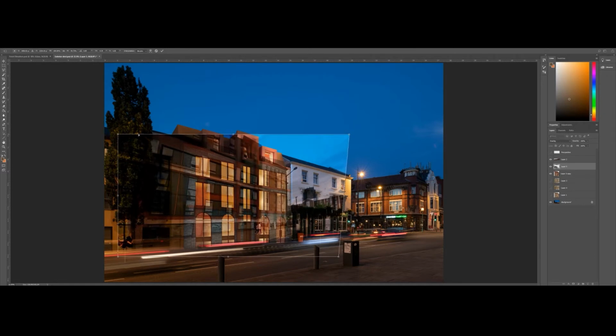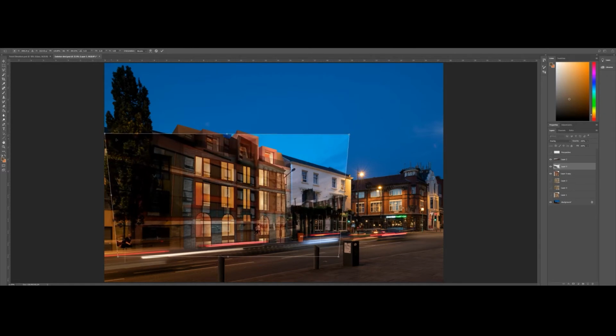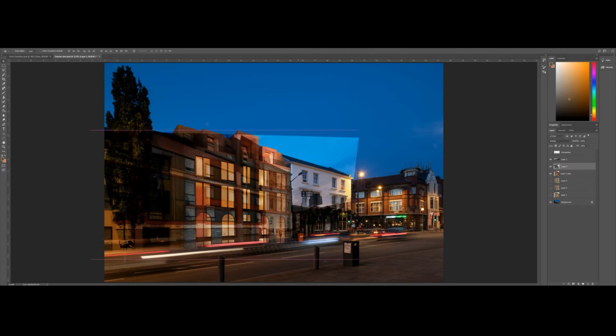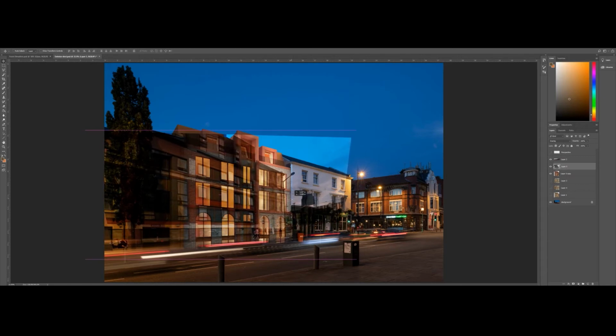Just make sure the perspective's spot on. Any one mistake can let the whole image down, so make sure to double and triple check. See there, just those vertical lines on the reflection. Just needed that last little bit of tweaking. Position it as so,